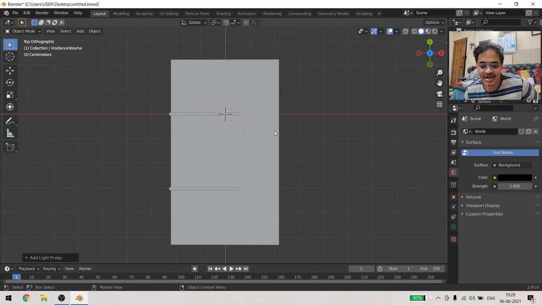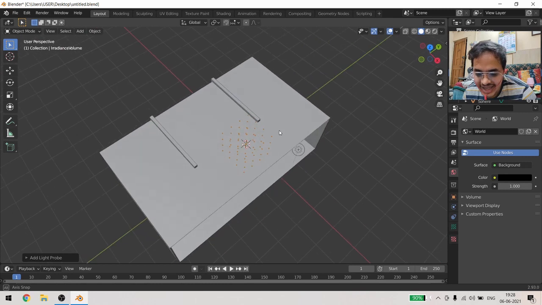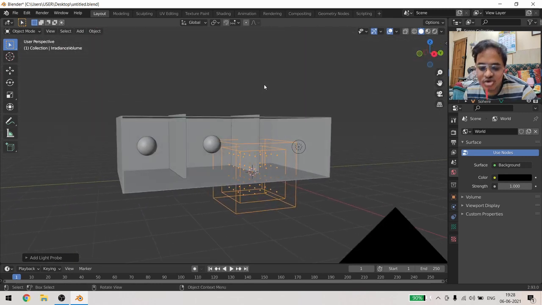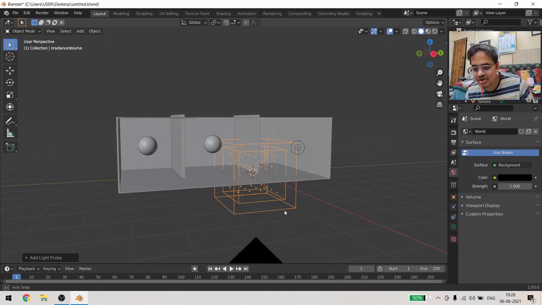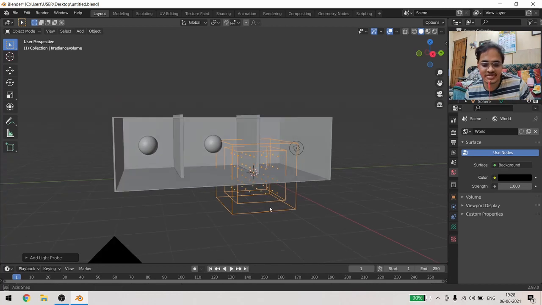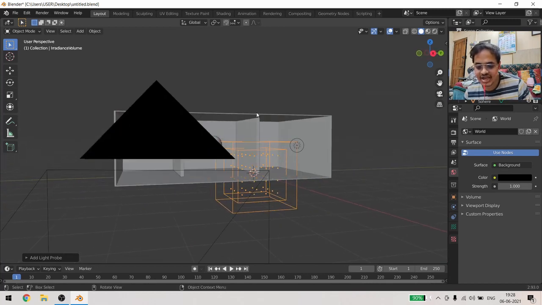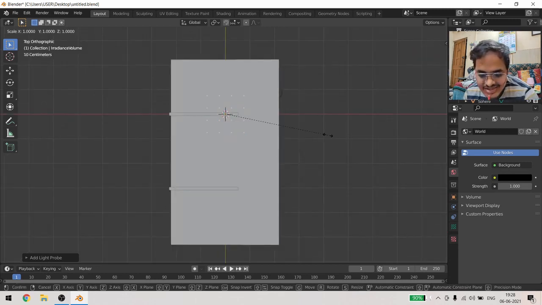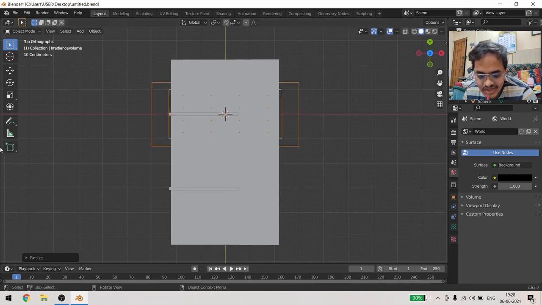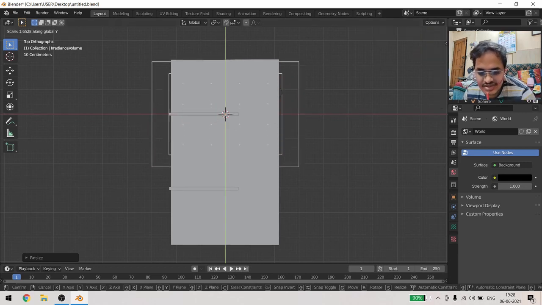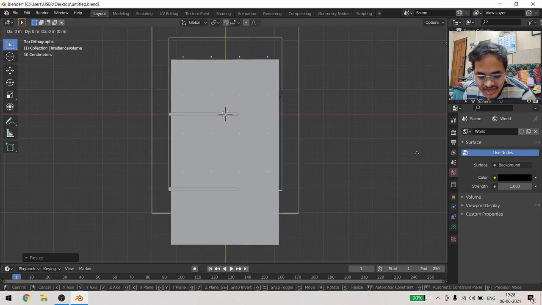I will click on irradiance volume, and what it actually is, is two cubes. One is big, one is small, and inside the small cube there are dots, and those dots are called light probes. So what we need to do is make the smaller cube engulf this entire room. I will go into the Z axis, scale in the X axis. First of all, this has been engulfed over here. Scale it in the Y axis, something like this.